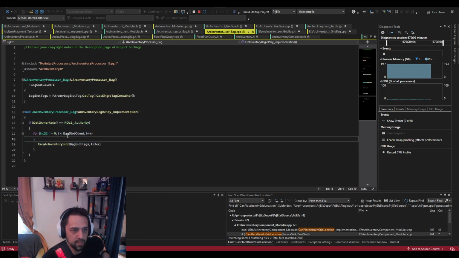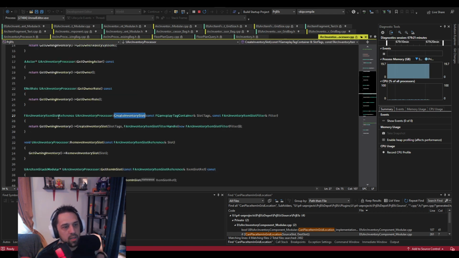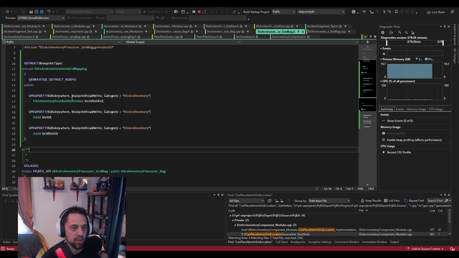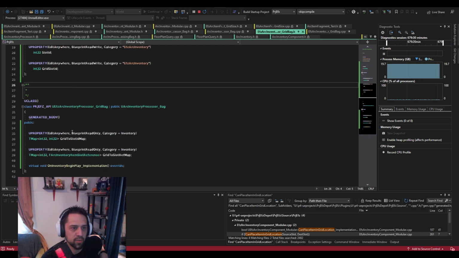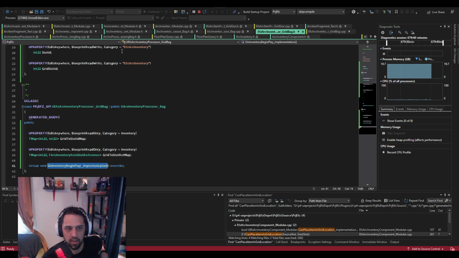For how many bag slots we have, we're going to create an inventory slot. This actually returns a slot ref, and I wanted to hook into this and create a map for it. This is going to be a little overkill for now. I can refactor it later, but I just wanted to make sure I get everything right. So I've got an ArcInventory processor bag, and we just override the on begin play implementation, and we've got a couple of